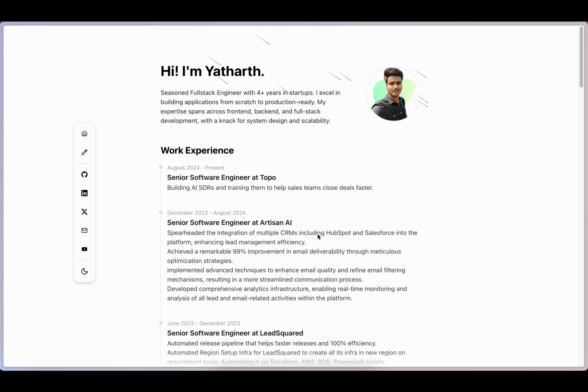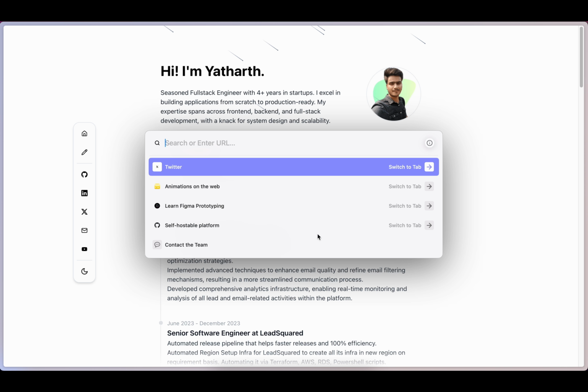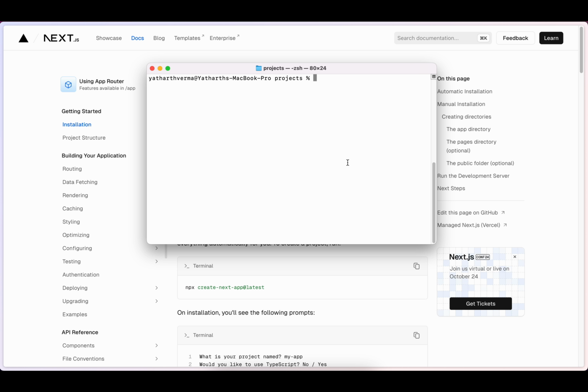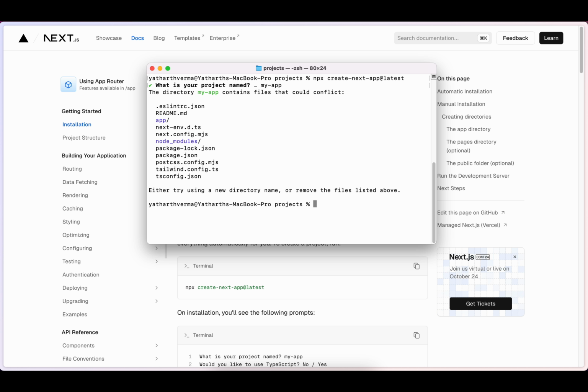Let's get started. First thing we want to do is go to the Next.js official website and install the starter project. For that, you can just copy this command, open up your terminal, paste the command inside it and run it. It's going to ask you some questions, like what is your project name. I already have this project, so that's why it errored out. But you can just run this command again and give a different name, like maybe portfolio